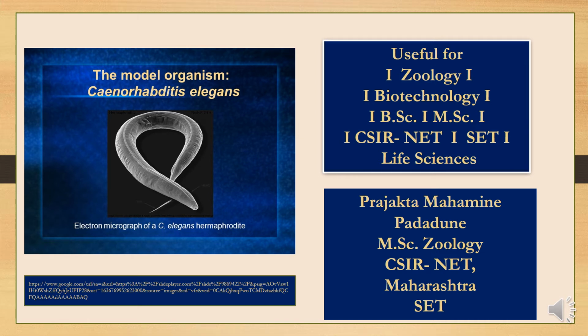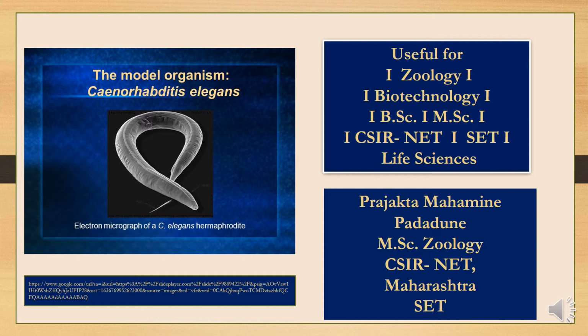Last time we have seen the details of model organism Drosophila melanogaster. Today we will see the model organism Caenorhabditis elegans or C. elegans. Now this C. elegans is a free-living nematode which is a member of a phylum Nematoda. It is roundworm, smooth-skinned, unsegmented and hermaphrodite worm. It has a long cylindrical body which is tapered at the ends.